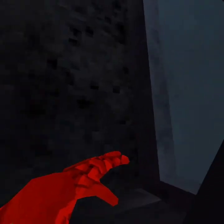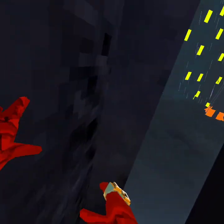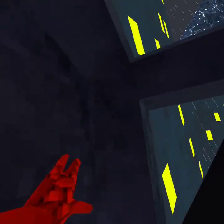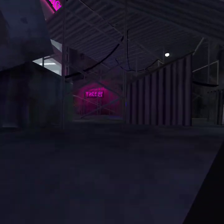And then you turn when you're on the wall. You see how my gorilla body's moving? I would do that to start out, and then as you get better,